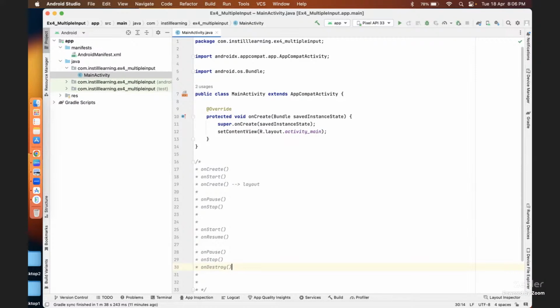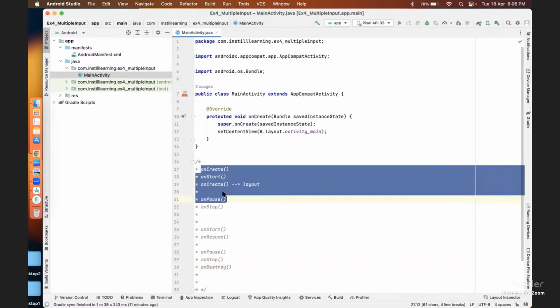So after this, whenever you launch the application again, it will start from here, the onCreate method, on